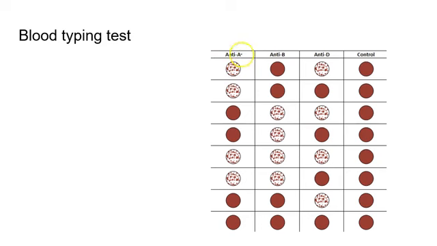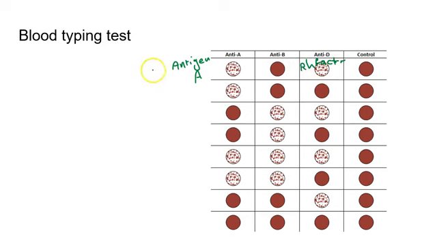It means anti-A bound to antigen A, so antigen A is present in our blood. After adding anti-B, no reaction, so no antigen B. After adding anti-D, or anti-RH factor, we got a reaction, which means there is RH factor, or antigen D, present